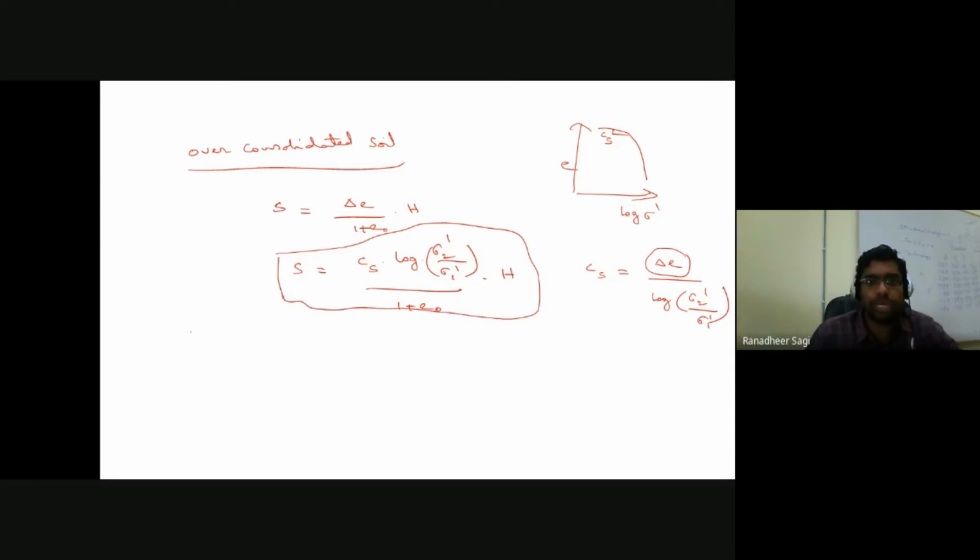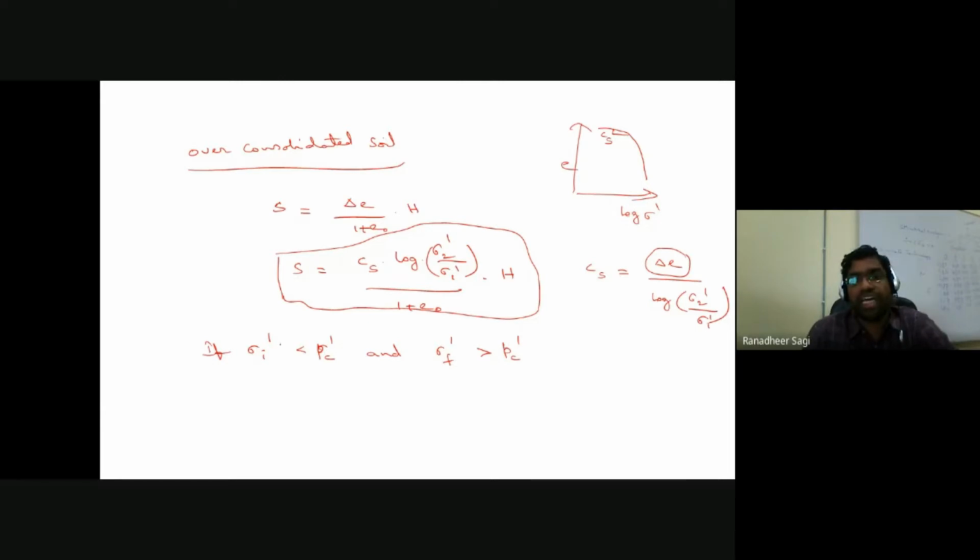Is it always compulsory that the stress developed in the soil sample will be only on the over consolidated region of the curve or only on the normally consolidated region of the curve? It's not always going to be possible. In case the initial effective stress developed in the soil sample is less than your maximum past pressure, and the final effective stress developed in the soil sample is greater than your maximum past pressure,